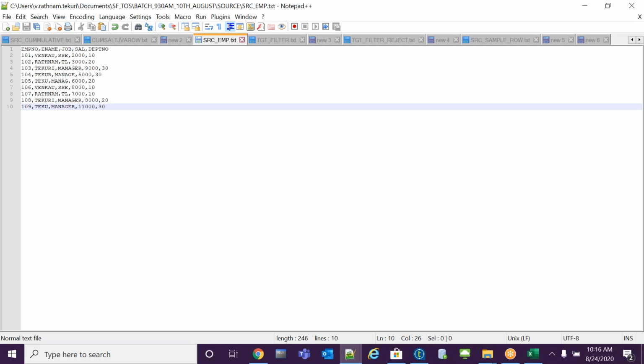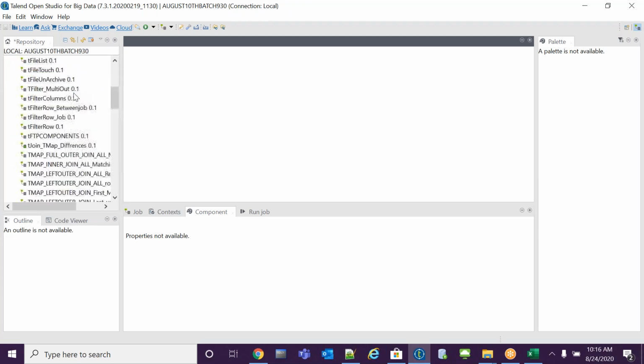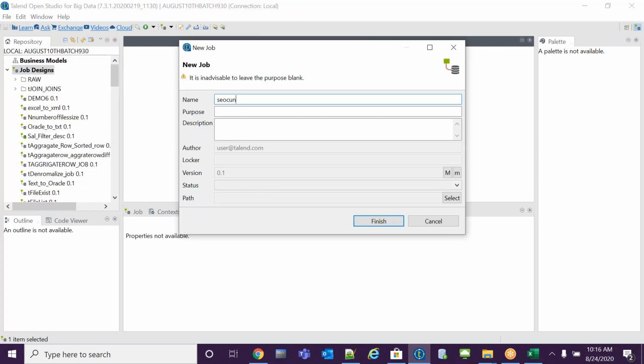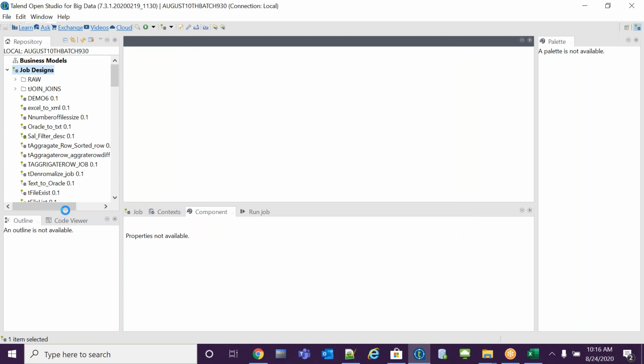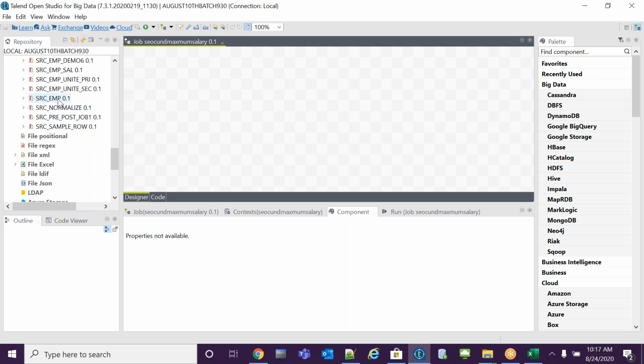We can do n number of scenarios. I'm just giving some simple scenarios. So, second maximum salary. First I will take the source SRCMP.